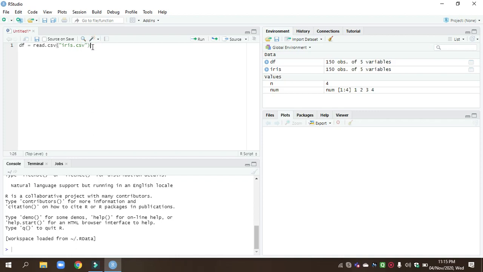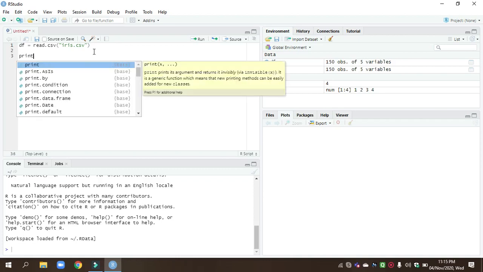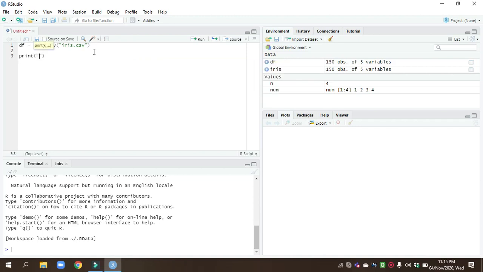Now we move to the next function, that is print summary and the structure.